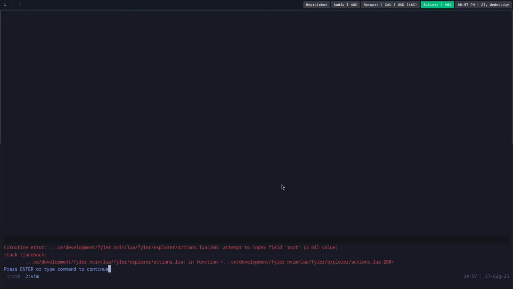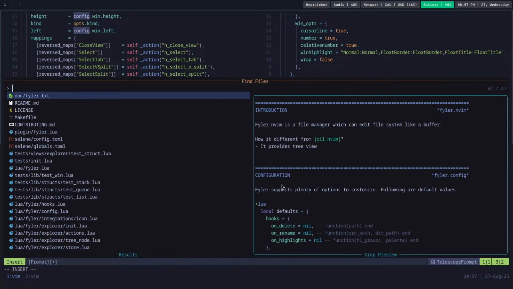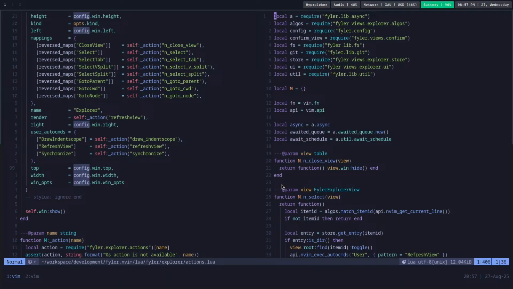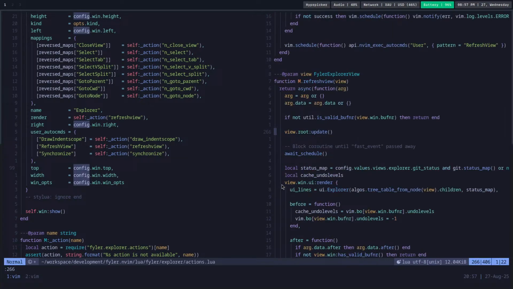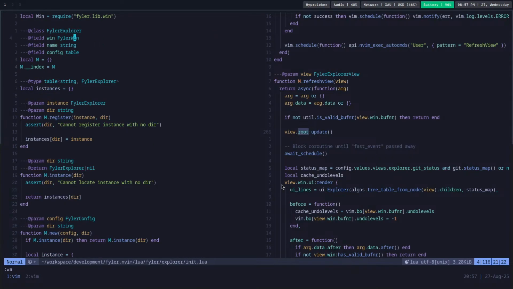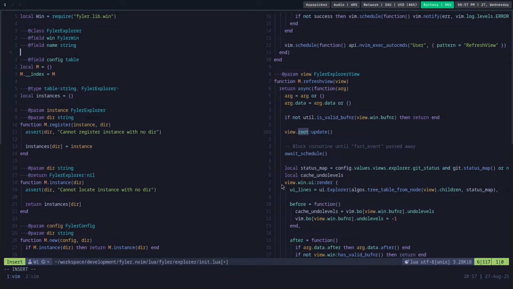Root nil value. Actions 266. Yeah, that makes sense. So every explorer should have a root, right? Or we don't need a root, right? No, root is a necessary thing. We can't ignore that thing. So